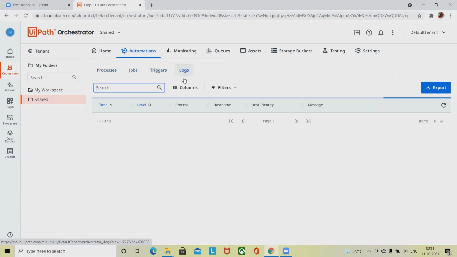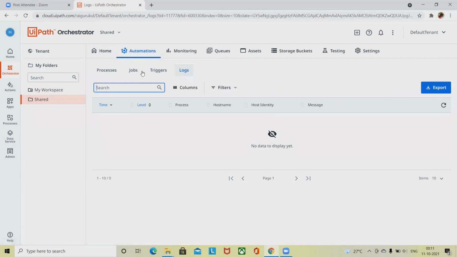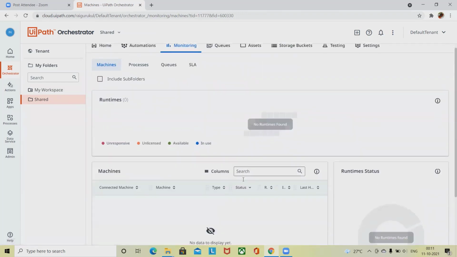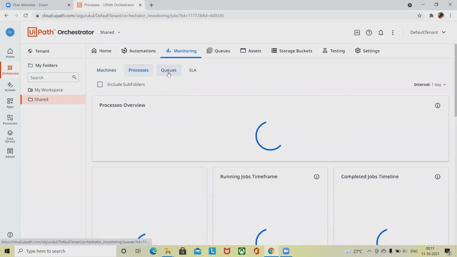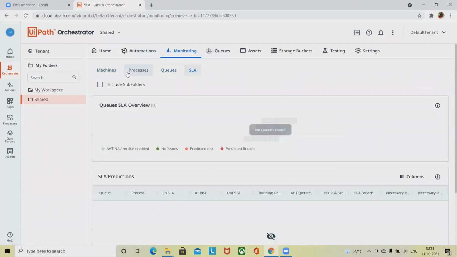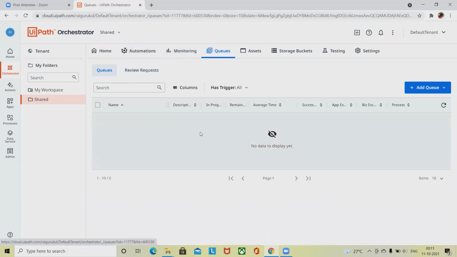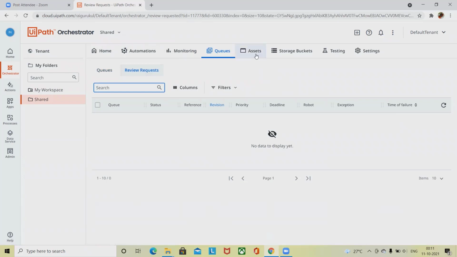Jobs, triggers, and logs are available inside automations. Monitoring will help us get a complete overview of the runtime machines and runtime processes. Queues and SLAs are available inside monitoring. The queue section will help you add new queues and see the requests.